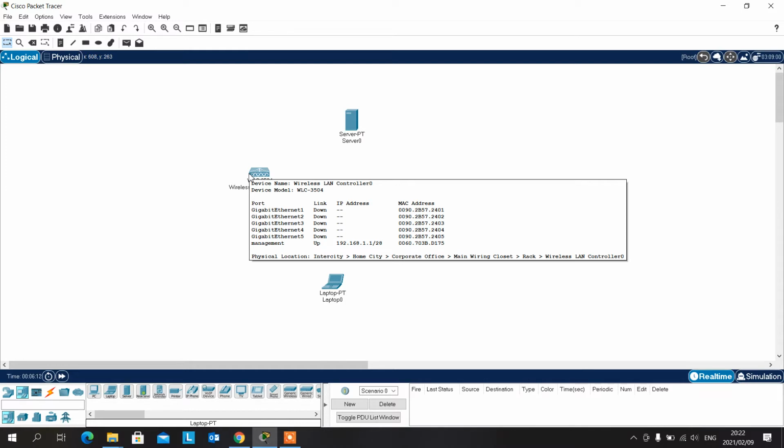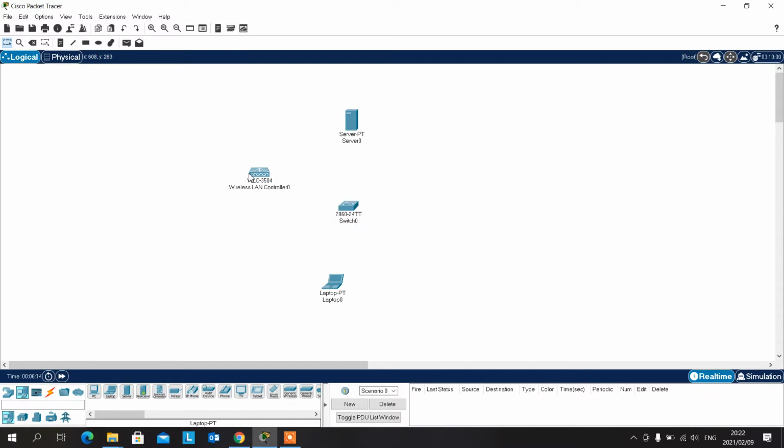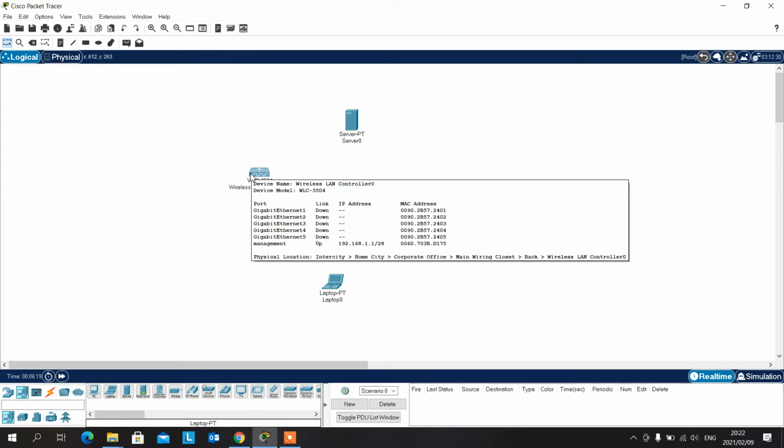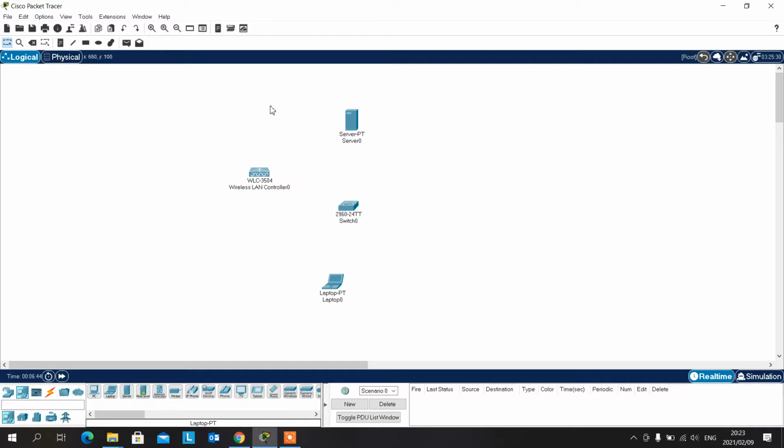And then it already comes with the management IP address, and the management interface says it's up, and the IP address is 192.168.1.1/28, which is the management IP address. You're going to use that IP address for managing the wireless LAN controller. But I'm going to change that because I'll be running my network on 10.0.0.0, which is a /8. So that's the network that I'm going to be running on. So I'm going to change that 192 to a 10. Okay,